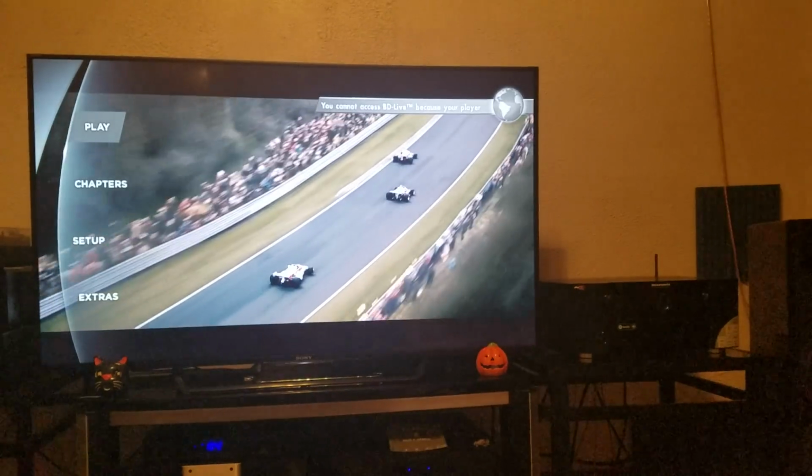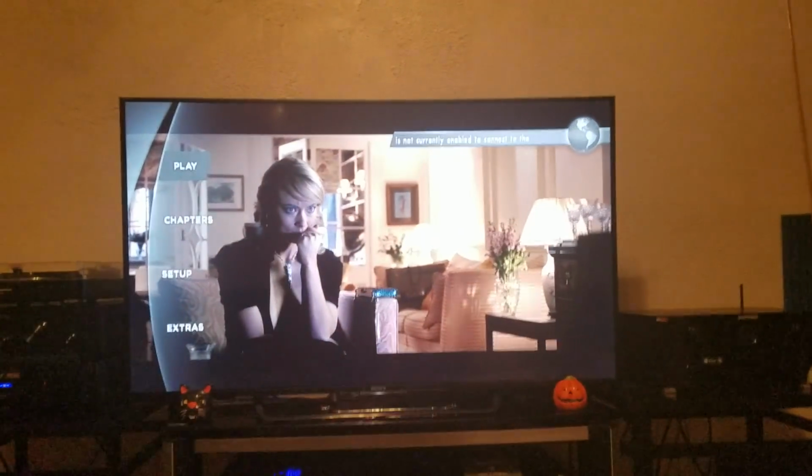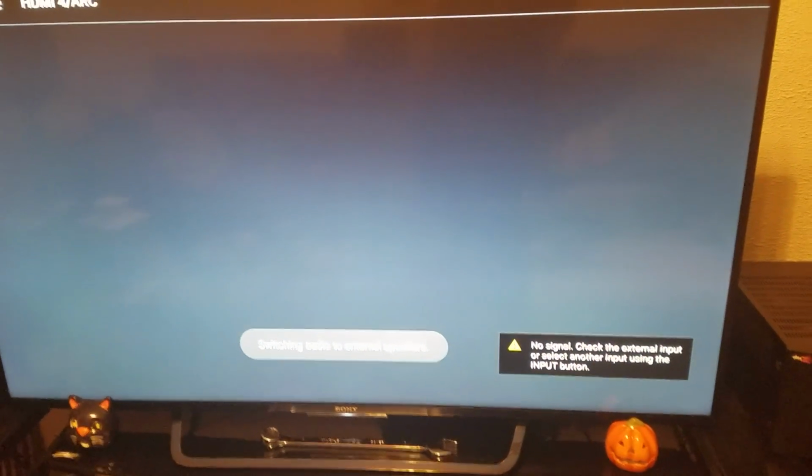If you'd like to know that, ask, but it's pretty similar to how we just did this. Just went into the settings, the video settings, and I'll do this one more time for you. I'm just going to turn the receiver on real quick. And it's going to be in cable sat, so it's going to switch the input back into cable sat, switching audio to external speakers, of